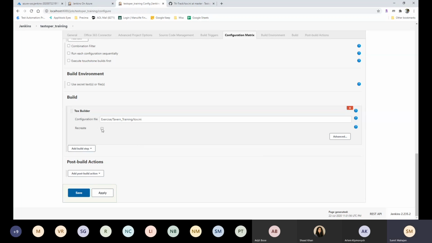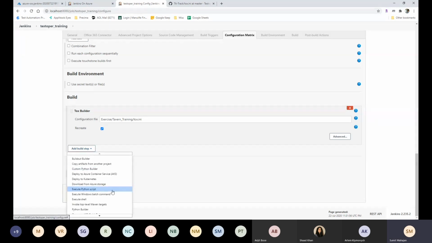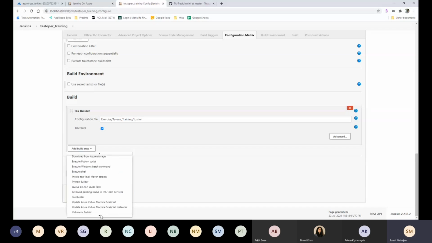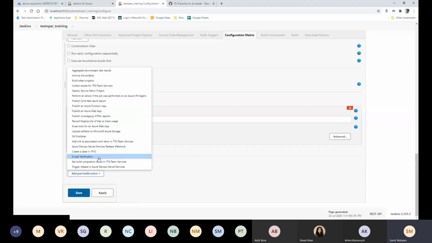So the recreate option is something that you can skip or you can add. Basically, whenever it runs, it will recreate the tox environment. It will download all the libraries that are required, and then it will execute based on that. So once this is done, then we can add another post build step, which is